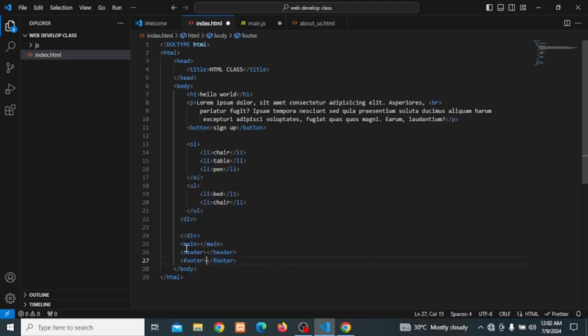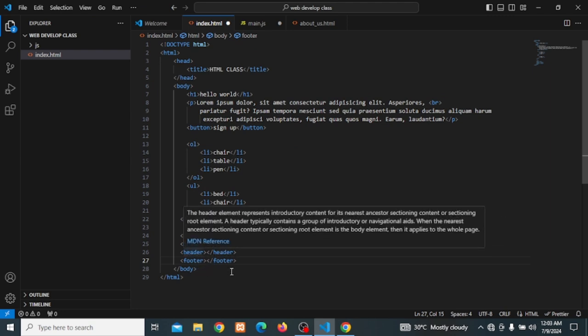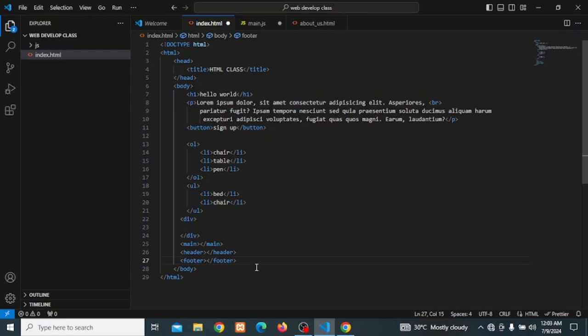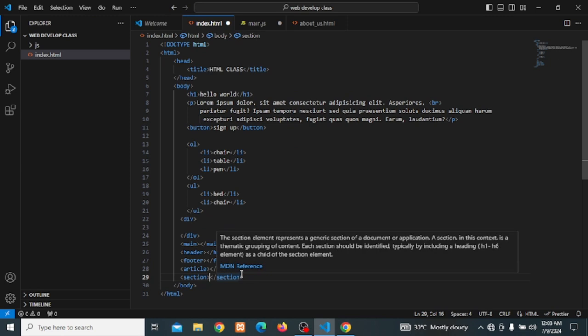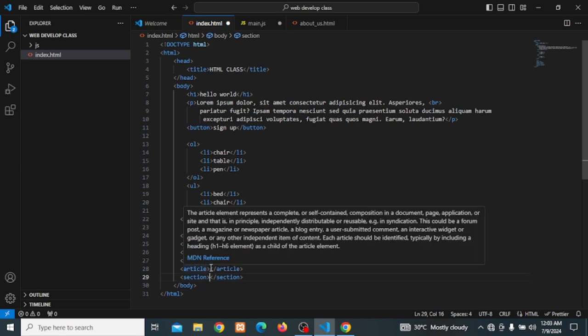This header and the footer are usually used to create the header of our web page and the footer of our web page. The main is usually used to box the content on our page. So we have something like the article, we have section, and many others. There are many segmentation tags, but these are just the ones that are most used. So these are the ones I'm going to list. All these tags, the only thing they do is create boxes, which we can model with our